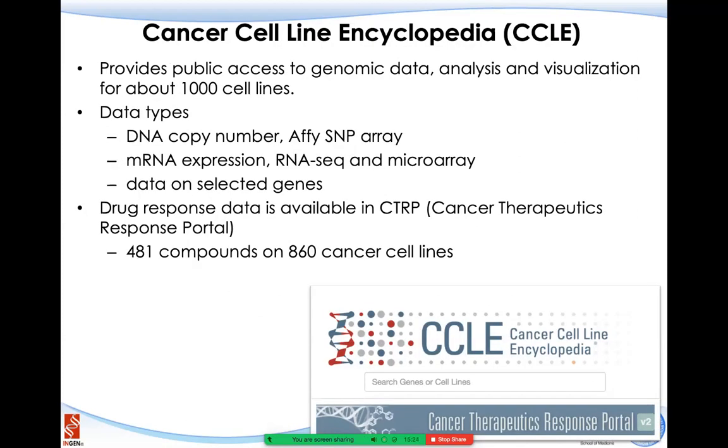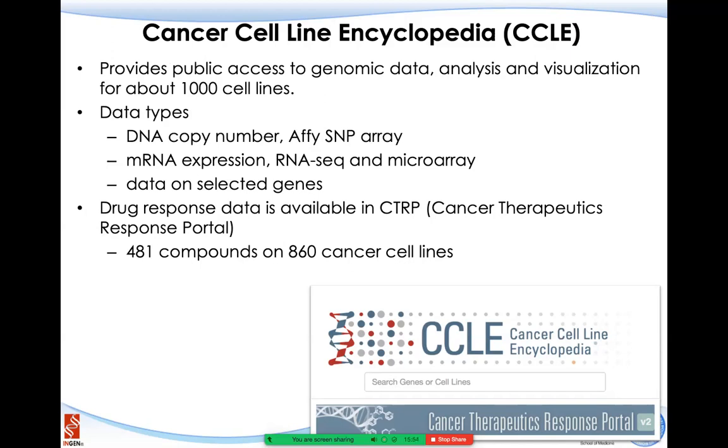Another consortium is called the Cancer Cell Line Encyclopedia, or CCLE project. From the name, you can say this project really focuses on the cancer cell lines. This started more than 10 years ago, and their goal is to find out up to 1,000 different cell lines, and they were trying to understand the genomic features as well as the transcriptomic